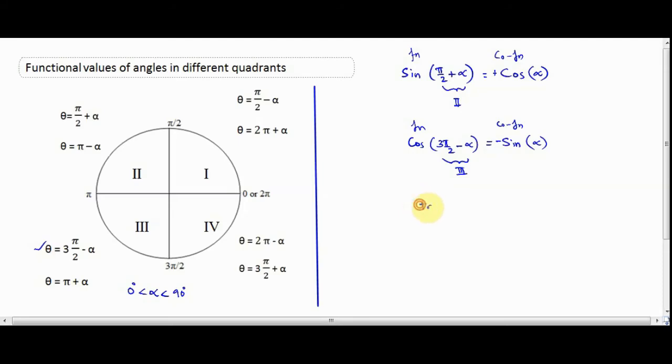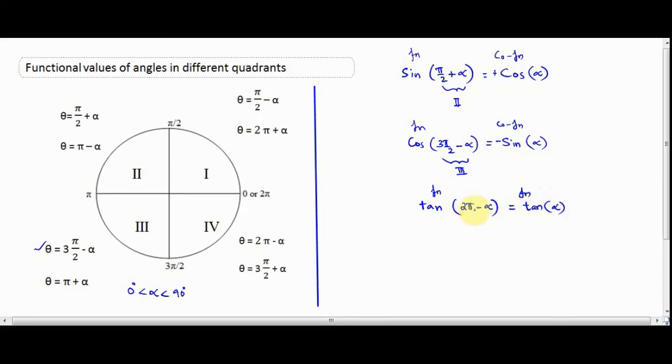Tan of 2 pi minus alpha. Okay, tan of 2 pi minus alpha. Okay, so this can be written like this. Here we have a multiple of pi. Okay, what we have is 2 pi. So it's a multiple of pi, not a multiple of pi by 2. Therefore, the function what we have here remains the same. Okay, there is no change in the function. Here we will have tan function itself. So tan of 2 pi minus alpha can be written as tan of alpha.